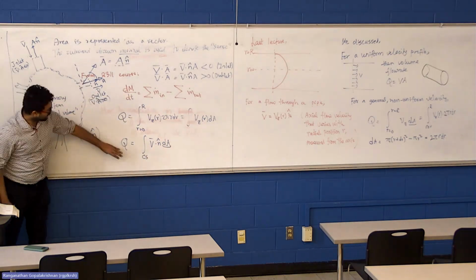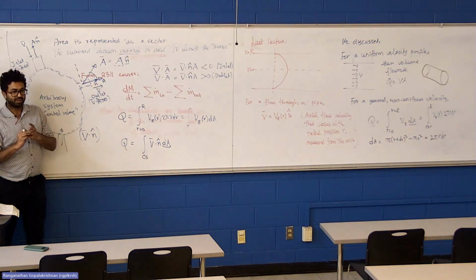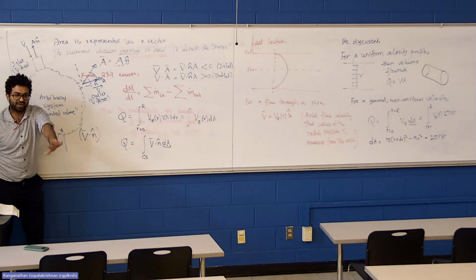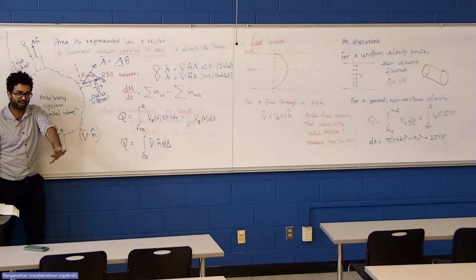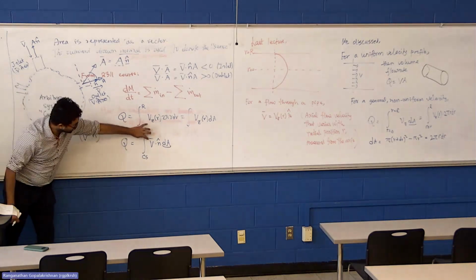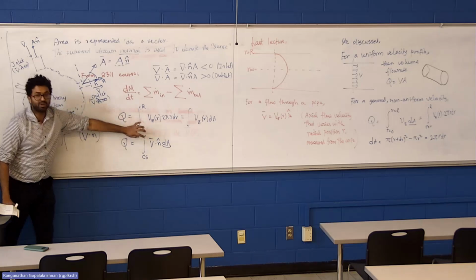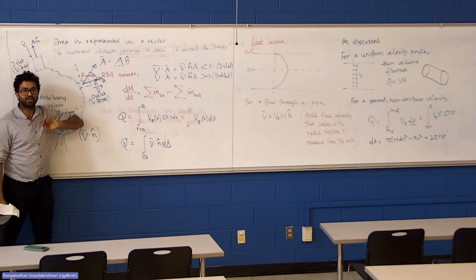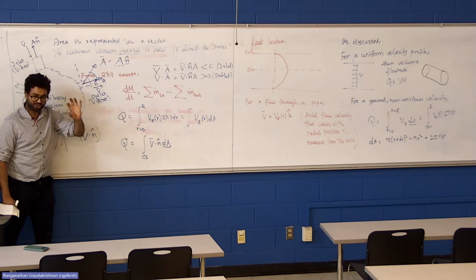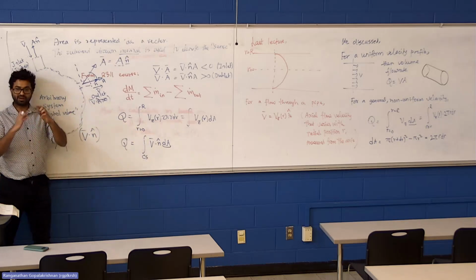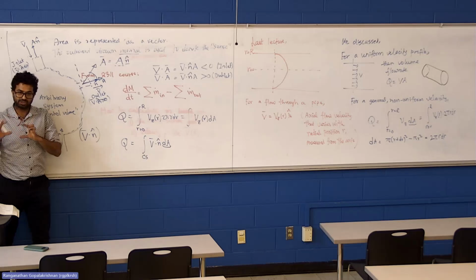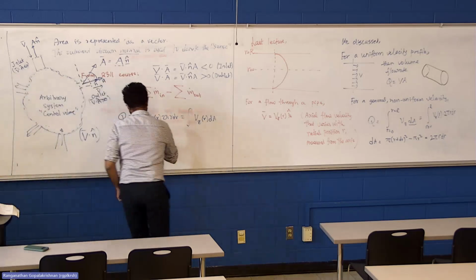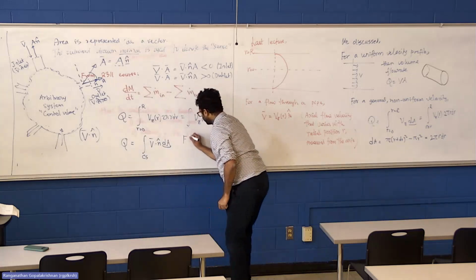Okay. This expression is, again, my friend. Take a pause, I'll give you time to write. Okay, I'll repeat what I said. This expression is not just restricted to a circular cross section, and it's not attached to any particular geometry or shape of the cross section. It can be a triangle, a square, whatever cross section. This integral holds. So we call this the expression for flow rate